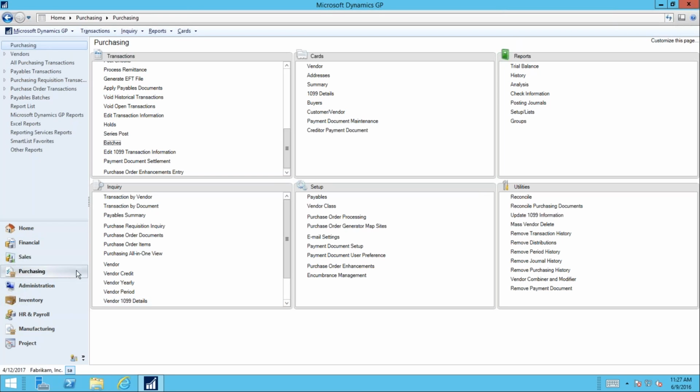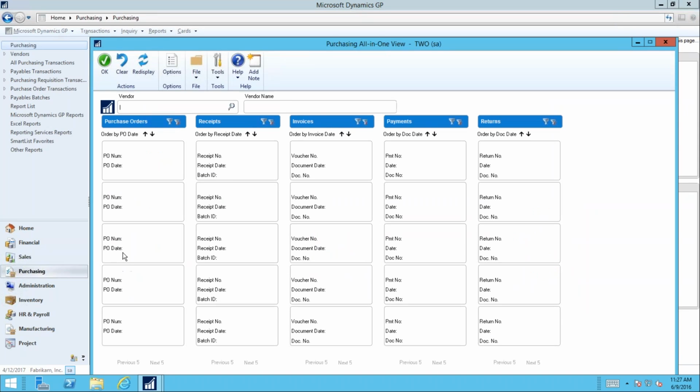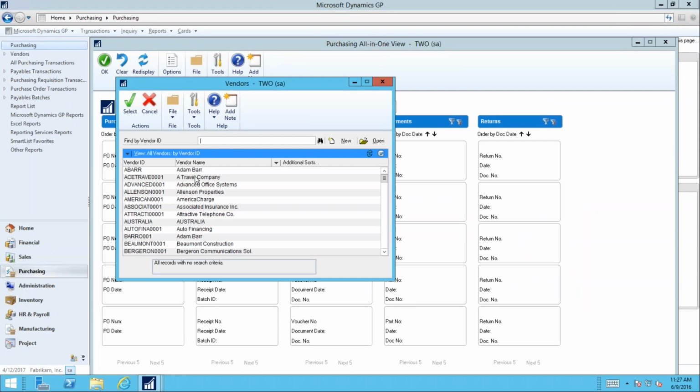So you'll notice I'm right here in purchasing. Here is my under inquiry. Here is my purchasing all-in-one view. So if you guys are out there on 2015 R2, you should have that already. And basically all three screens work exactly the same. So if I come out here and I pick a vendor,